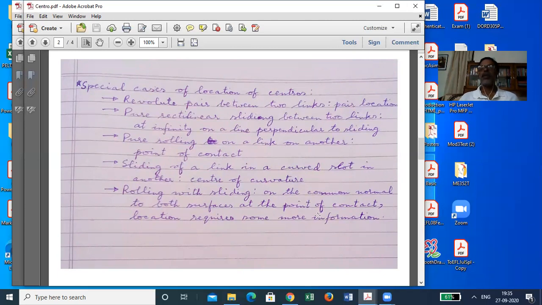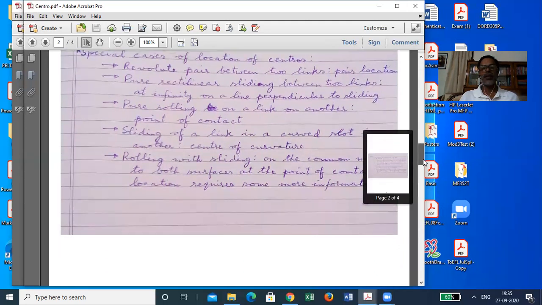From some other information coming from somewhere else, you will perhaps be able to locate the precise point. And how to get such other information in any such situations where some information you have from one source and some other information you have from some other source? Let us see this.